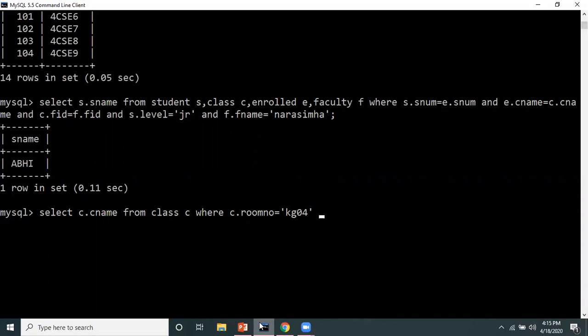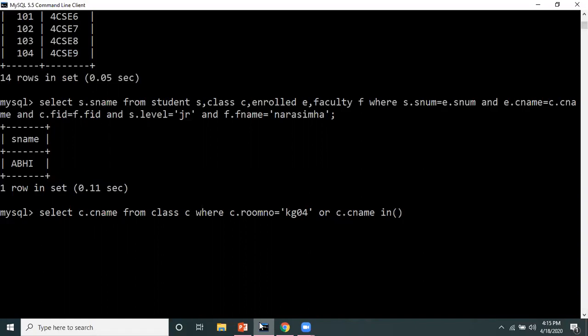Now one condition is this, or another condition, C dot C name. Now multiple rows will come, so here I have to write or C dot C name in, because I have to check multiple rows.